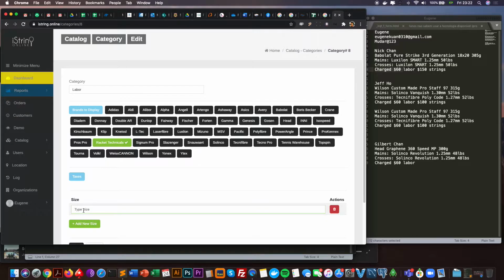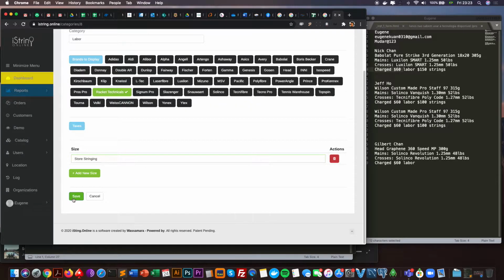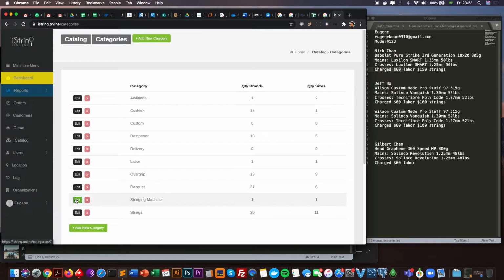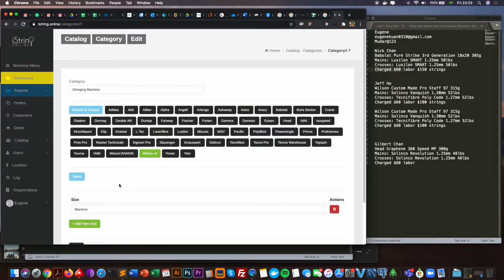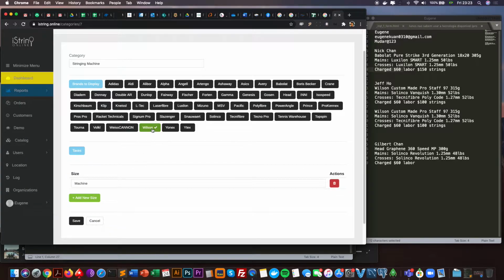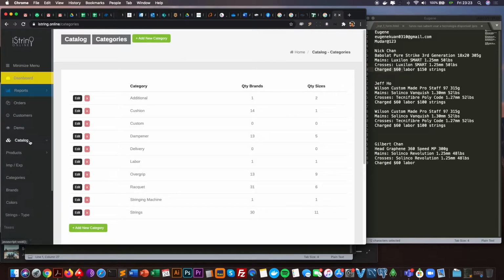I'm going to add a size which is store stringing. All right, save it. All right, I'm not sure which stringing machine you have, but I'm setting up here the Wilson Baiardo. And also, let's go ahead and